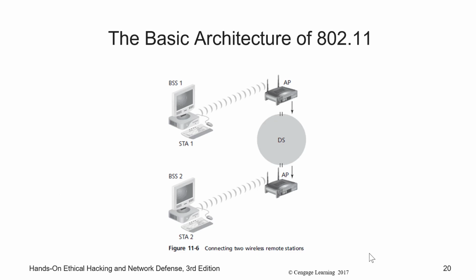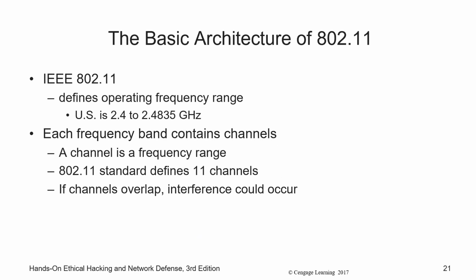So here's an example of connecting to wireless remote stations. 802.11 also defines the operating frequency range. So I mentioned 2.4. It's really 2.4 to 2.4835 gigahertz. Later versions of 802.11 use the 5 gigahertz channel, or 5 gigahertz band. So when we talk about 2.4 gigahertz to 2.4835, these are subdivided into channels. The reason is because, again, when we talk about collision avoidance and interference avoidance, you have to separate these bands into subbands, into channels,